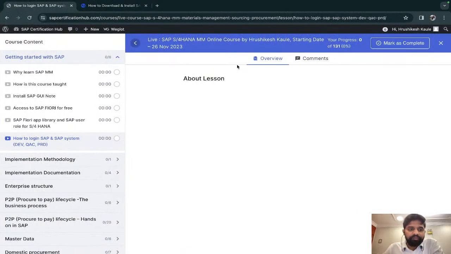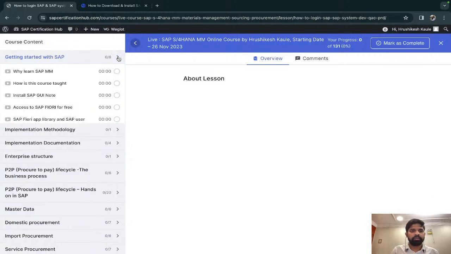Okay. So these are the things, like you must have understood the importance of SAP MM, how the course is overall taught, how to install or use SAP Fiori, what is the SAP Library, and what the different environments are.